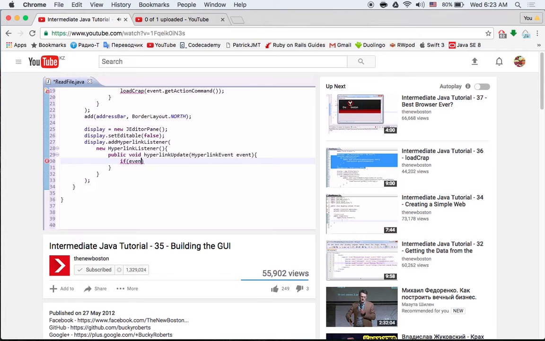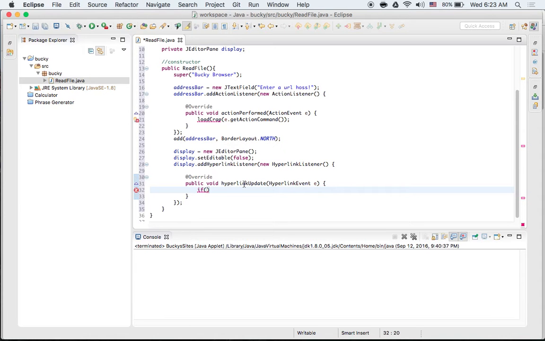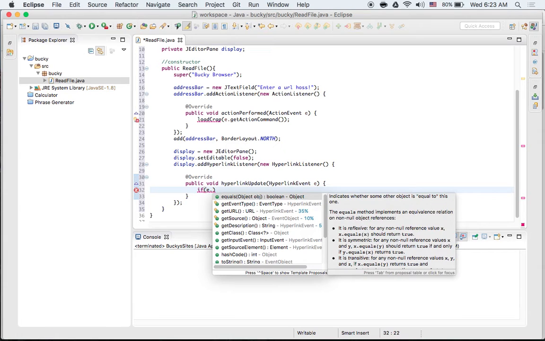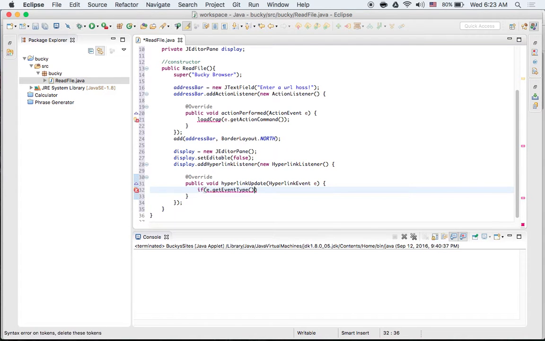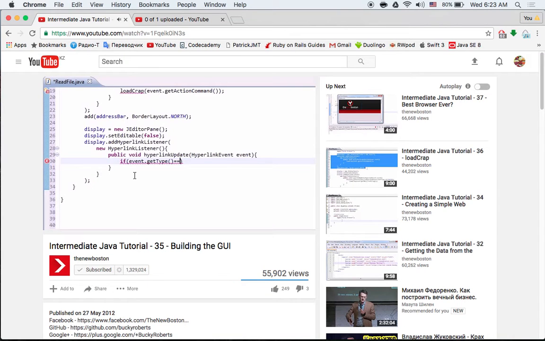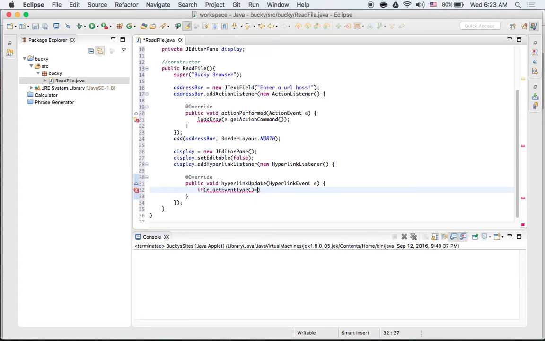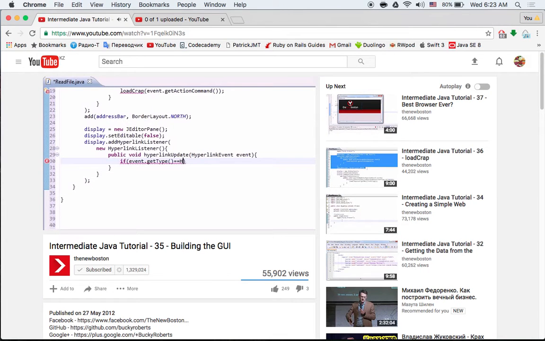So in order to do that, we use event.getEventType, and this pretty much returns the different types of events you can have, such as click, which is called activated, roll over, which is called entered, and roll away from, which is called exited. So, okay, we want to say, if this is equal to hyperlink event,